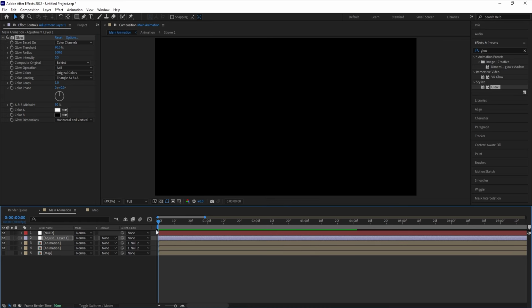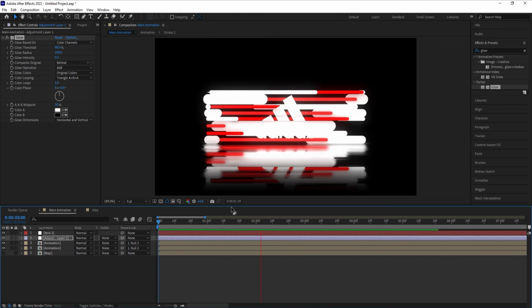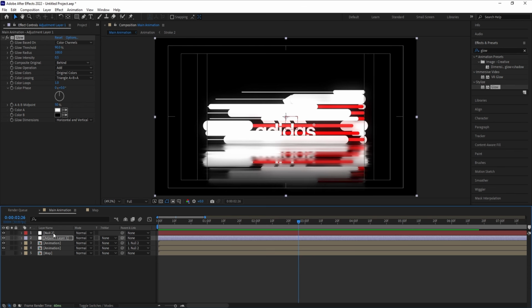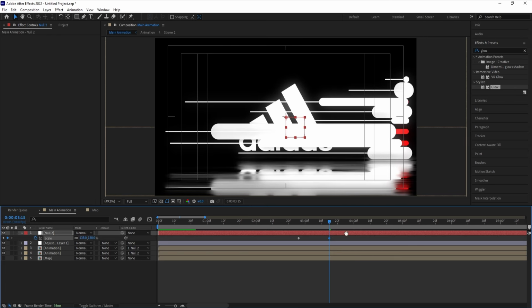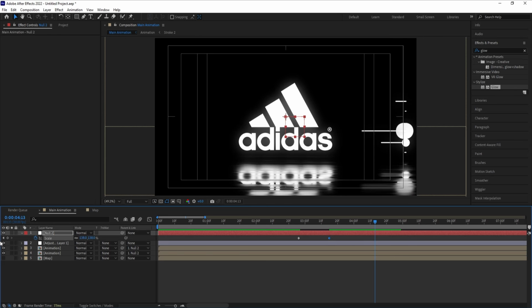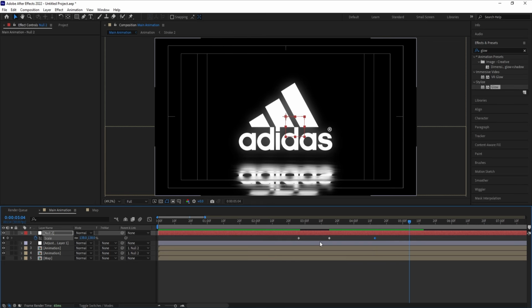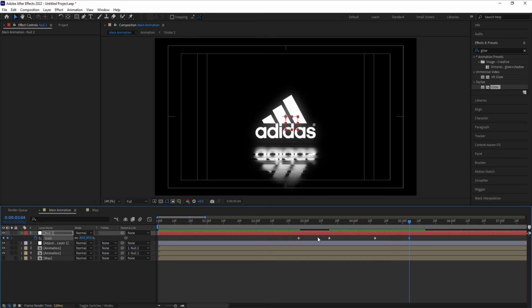Then as you guys can see, after this animation, I mean the logo is revealing, I'm going to select this null object, press S for scaling, create one keyframe, go few frames forward. Let's increase the scale a little bit, somewhere around like this. Then create one keyframe over here, then again copy, first Ctrl C Ctrl V keyframes,